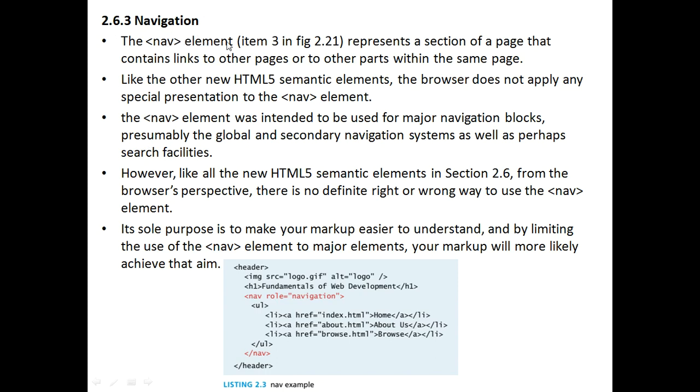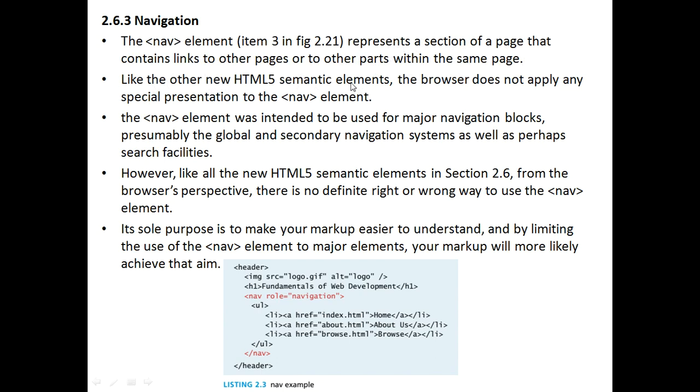The nav element, or nav tag, represents a section of a page that contains links to other pages or to other parts within the same page. In the sense of movement from one page to another page, or from one place of a page to another place within the same page.